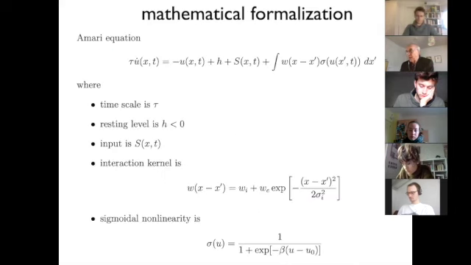So I have here a slide that summarizes the math of this field, and the book chapter we talked about before we started this recording reviews that mathematics. We call this the Amari equation because the mathematician Amari analyzed this equation. It actually goes back to the so-called Wilson-Cowan model that was neuroanatomically justified, and we don't really give the derivation of that from the underlying